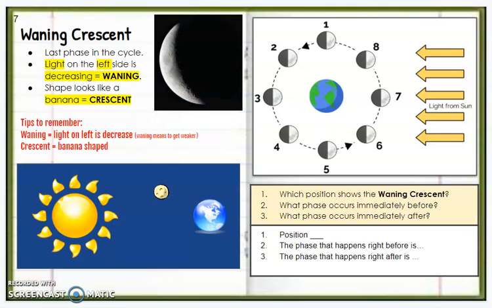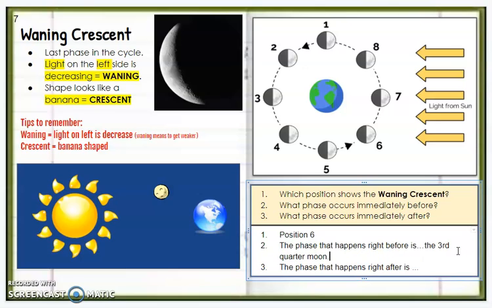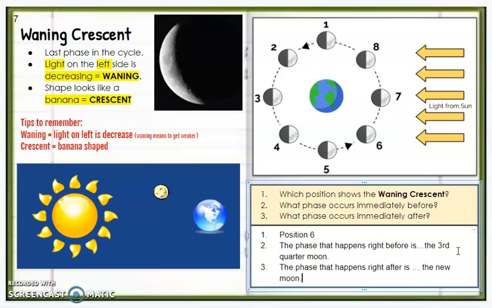Okay. And then, so now we have the waning crescent. Again, light is on the left side. It's decreasing. It has that banana shape. So waning is light on left, is decreasing, and it has that banana shape. And so we're getting closer and closer to that new moon, right? So you're noticing it's getting darker and darker. So what position here? Well, it's position 6, okay, because we started here and we went all the way around. What happened right before was the third quarter moon, and then what happens right after is we're back to the new moon. Okay,